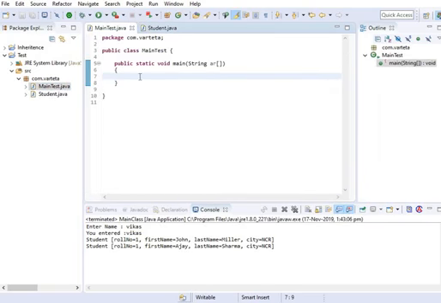In our main class, now I'm going to create two objects of this class. I'm passing the parameters to the constructor.